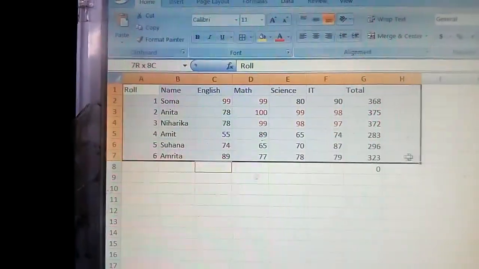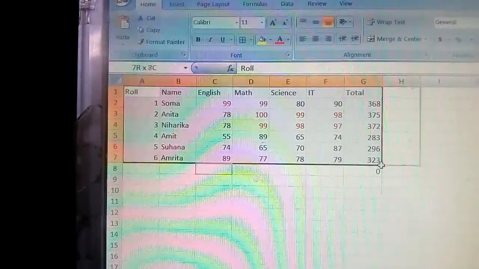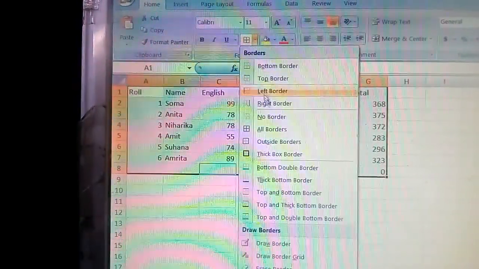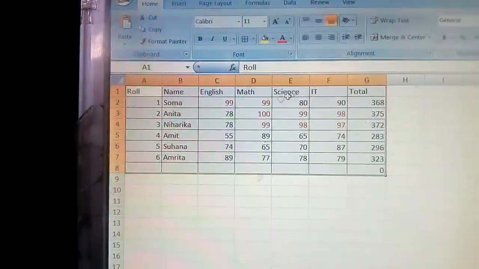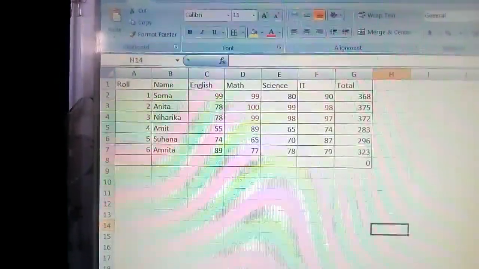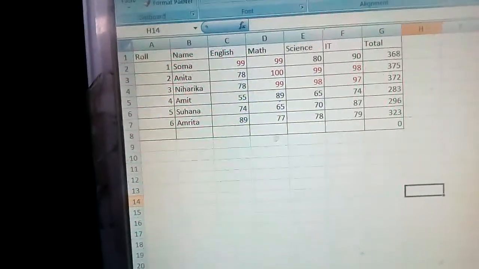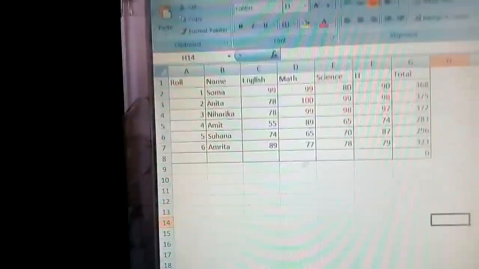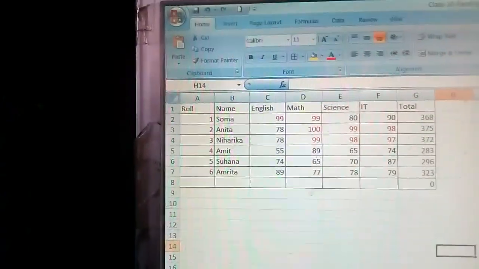Suppose you want the full area, then you click on full, and then Home, and then borders. Which type of border, suppose this border, then it will come like this. So this one is border. I think it's clear. So these are different tabs, or you can say different elements of the page style dialog box.